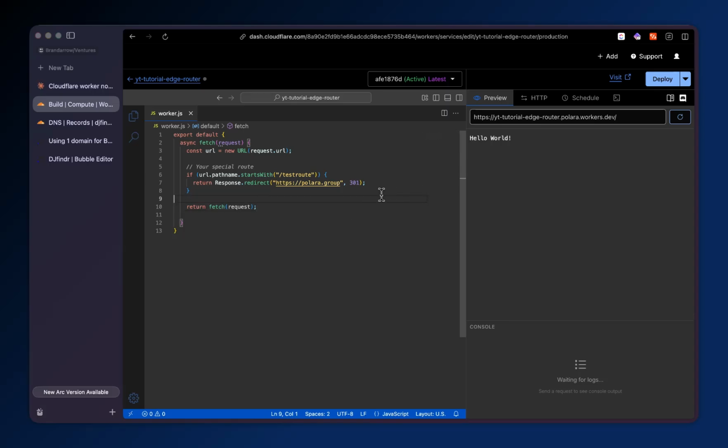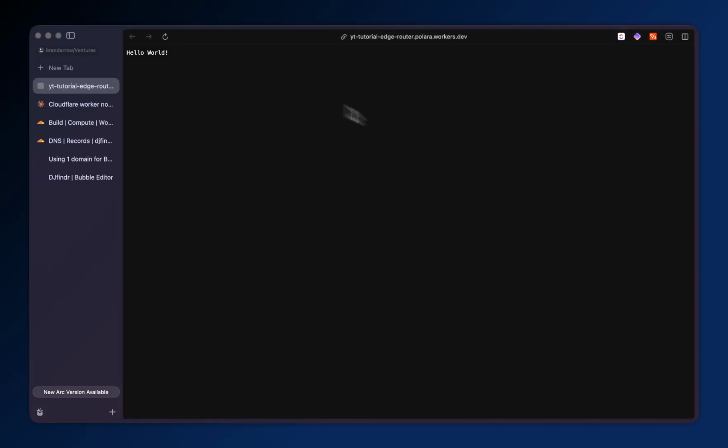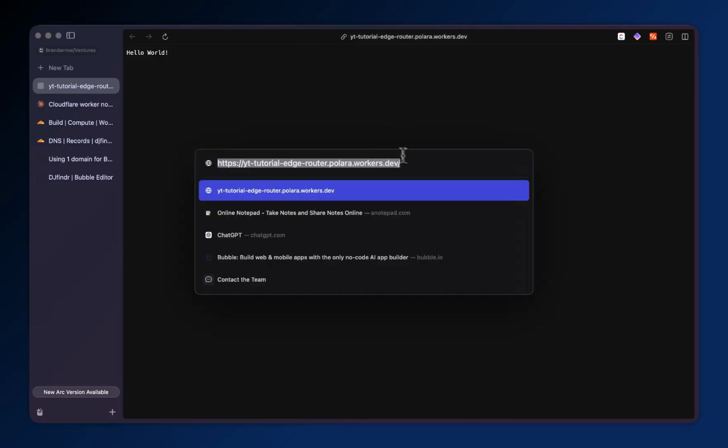So to test this, now again, I didn't actually set this up with my domain because I already have an edge router set up and I don't want to mess with it too much. But Cloudflare does give us a free subdomain that we can test with. So if I go ahead and go to this link that Cloudflare's provided me, we can see a hello world coming in from Cloudflare. So this would essentially be going to your Bubble site, right? If it was not guided anywhere else. But if we go to test route,